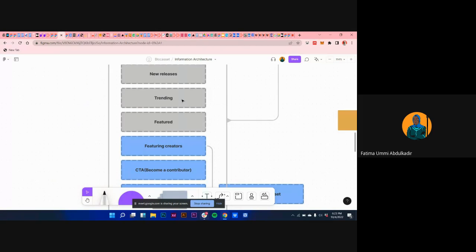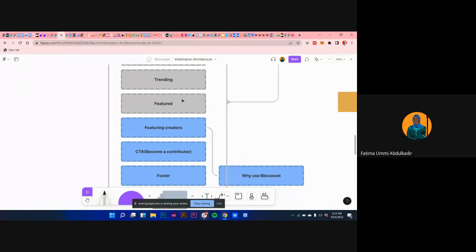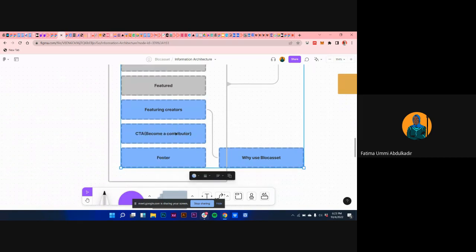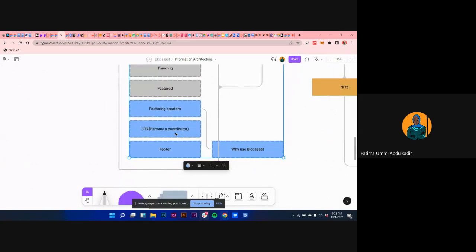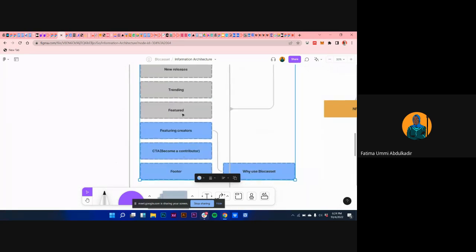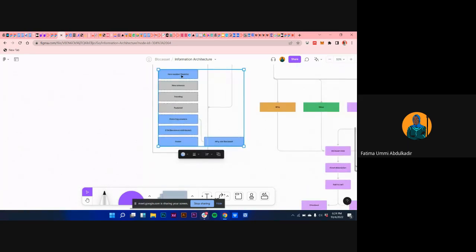After I've seen what's trending on the platform, I should see featured, like who are we featuring on the platform? Are the creators we are featuring? Then I have a CTA somewhere that says become a contributor. I have the footer. So now, if it was a sitemap, I won't go deep into what's the content of